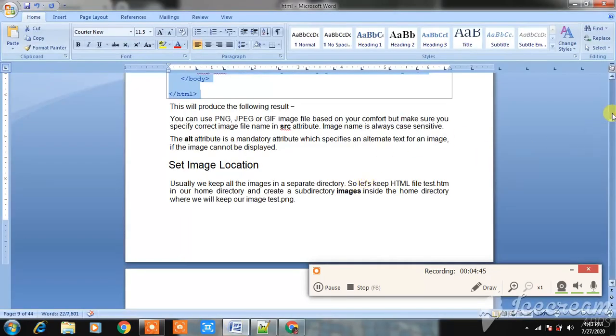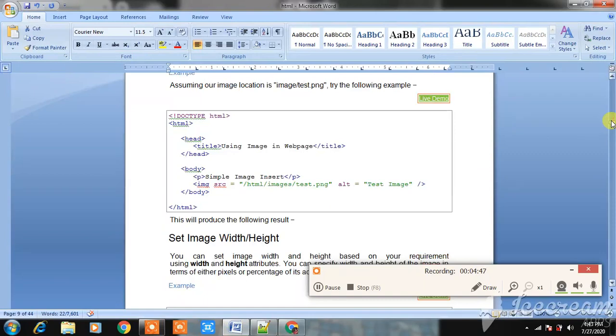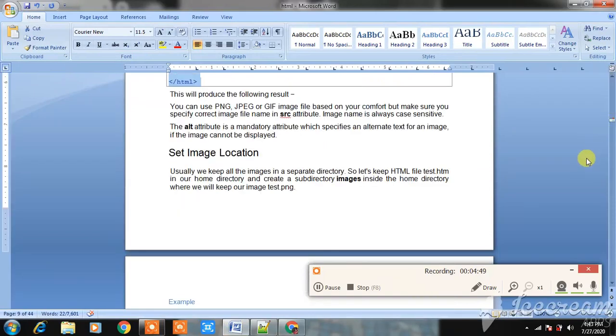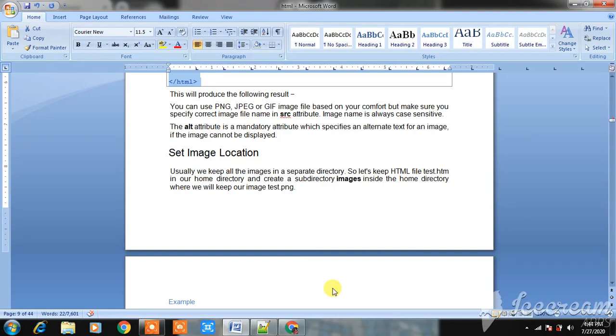Next is set location. How can you set the location of your image? Usually we keep all the images in a separate directory, so let's keep the html file test.html in our home directory and create a subdirectory images inside the home directory where we will keep our image.png.